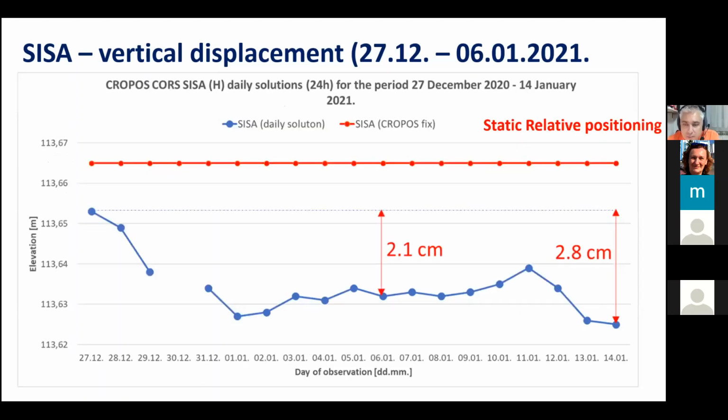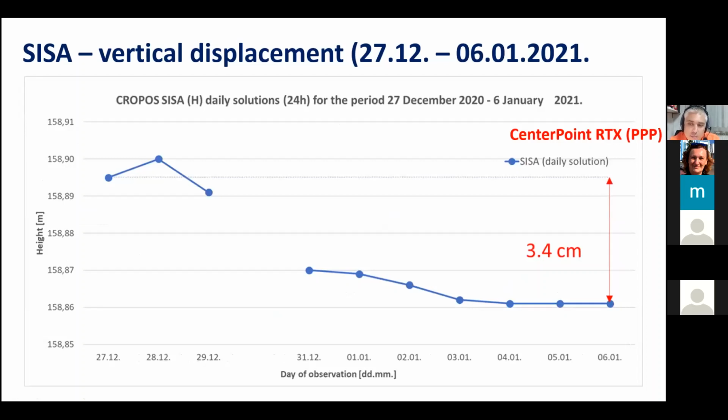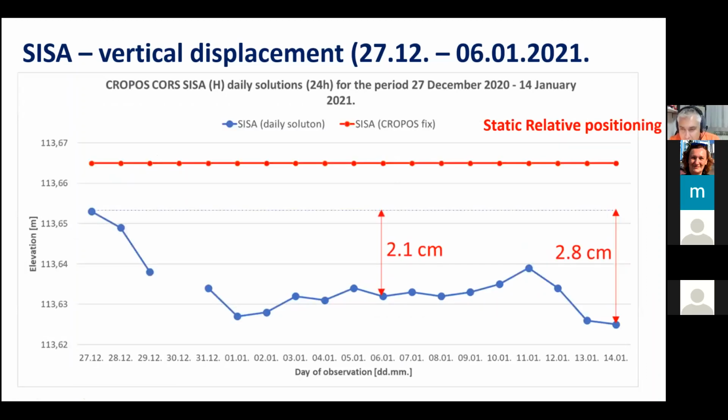If we consider the results obtained by static relative positioning, there is a much longer time frame considered, but if we just consider this time frame from 27th of December to the 6th of January, we can see that there is a subsidence of 2.1 centimeters. So going back to the solution provided by PPP and forward to the solution provided by static relative